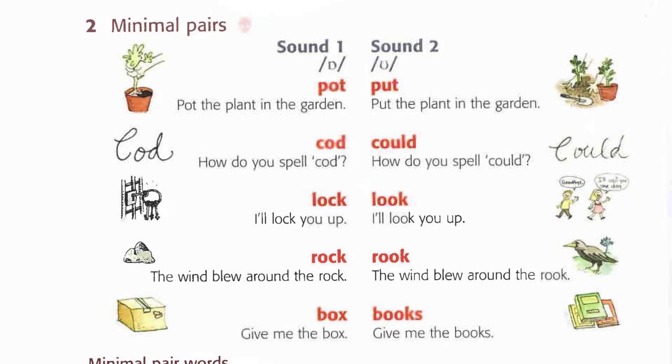2A. pot, put, cod, could, lock, look, rock, rook, box, books. 2B. put pot